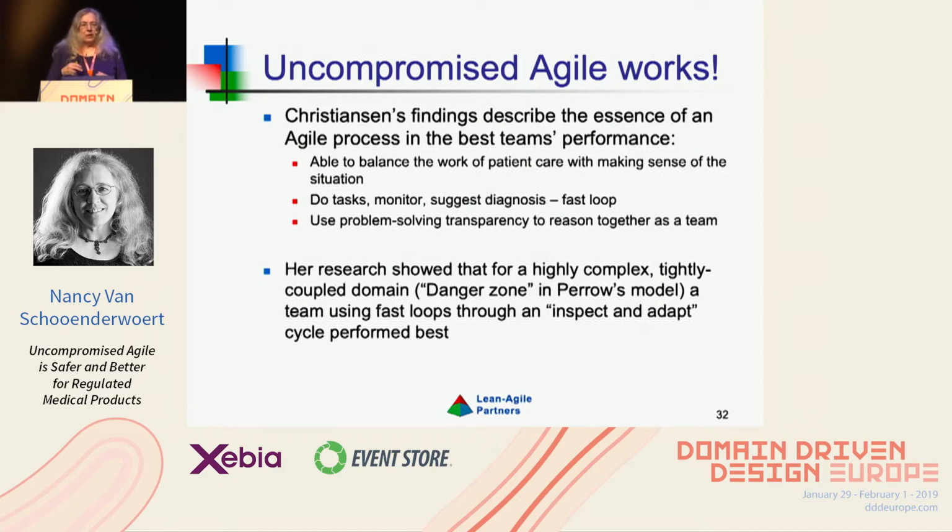They're really describing that it's an agile process that takes the best teams to where they need to be. The cycle of things, balancing reasoning about the situation with actually doing stuff. To me, that sounds so much like, what do they call it, strong-style pairing, or anytime you're pairing with somebody, right? Somebody's close in dealing with the tasks, and the other person is taking a turn at thinking about the overall situation. Okay, so going around that cycle in a rapid fashion, but orderly, and creating some transparency into